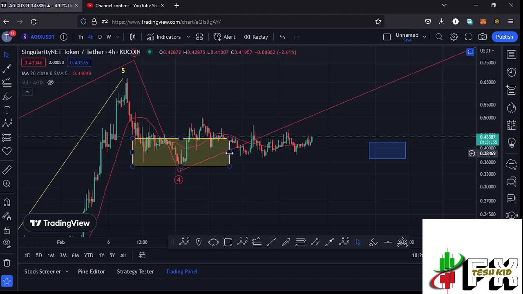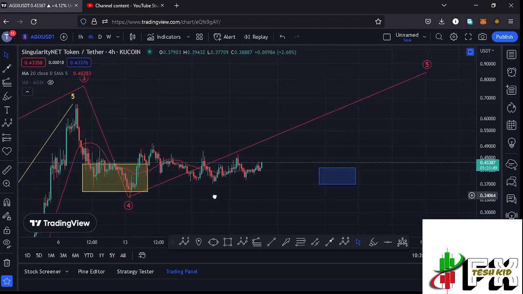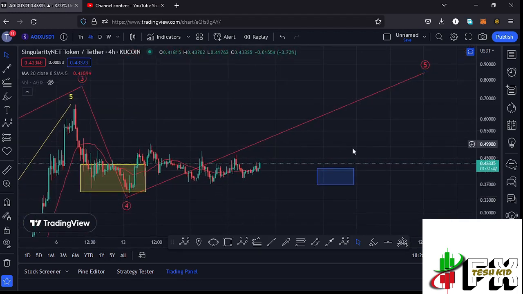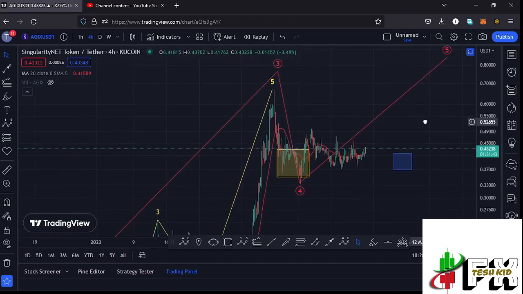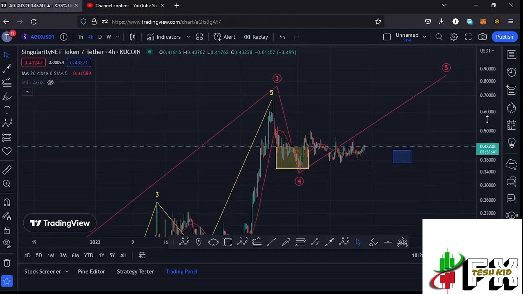We have also fully maximized our minimum target areas in the formation of this wave 4, and I believe that whatever we are seeing at the moment is the start of this explosive move to the upside in the formation of this wave 5. And before I get further into the technical analysis and also give you my next price